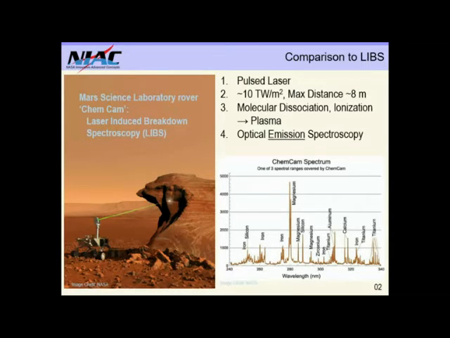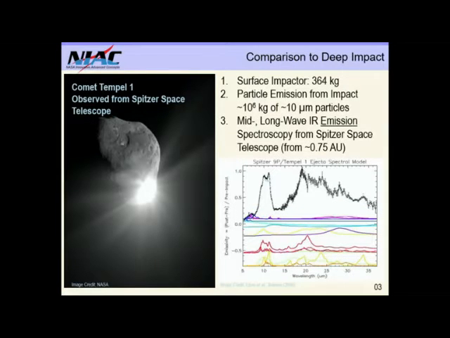Standoff distances for the Mars rover are 7 to 8 meters or something at the most. But you could probably envision the same system at larger standoff distances with a better laser or something. But one of the keys here is that this is optical emission spectroscopy, slightly different than what we're proposing, right? The next one that I want to compare to, and there's probably lots of comparisons that we could do, but